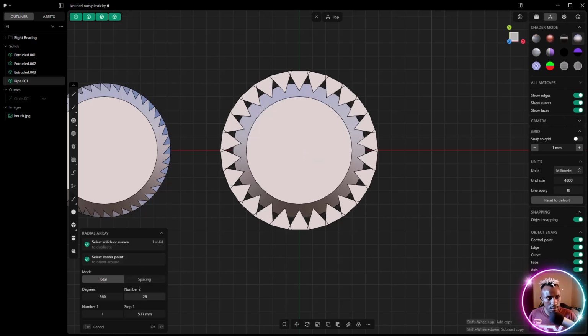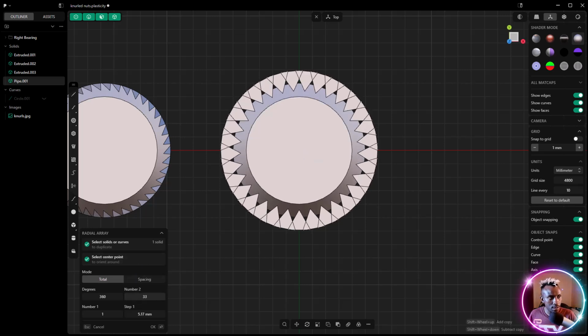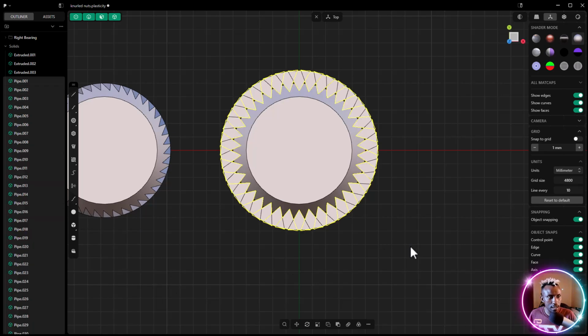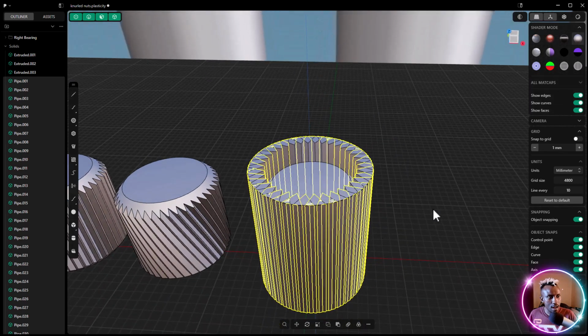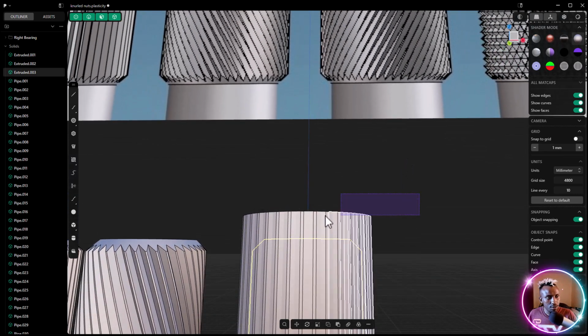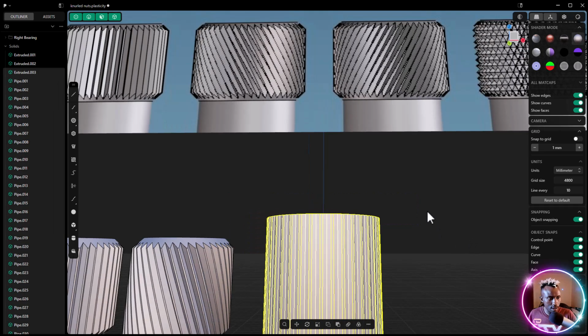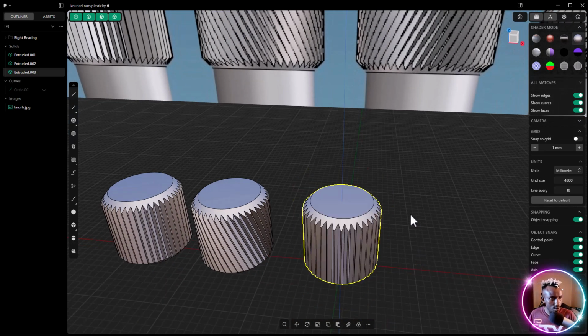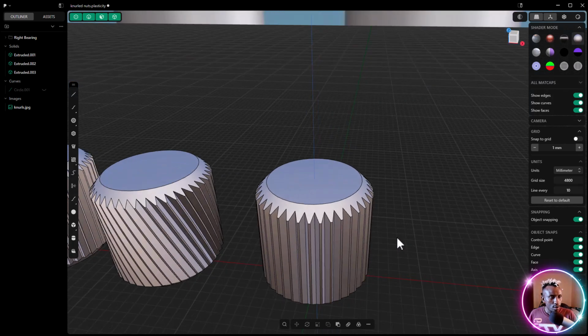Select, then I'll increase this number maybe up to that spot. Right click to commit, and now right click. Since all these are active, I can select this as a solid. Hold down Shift to select these others as well, and then Q. There we go. Now to create the horizontal